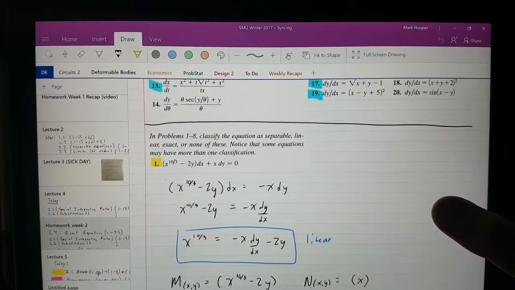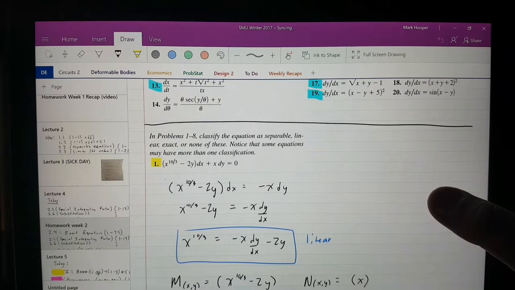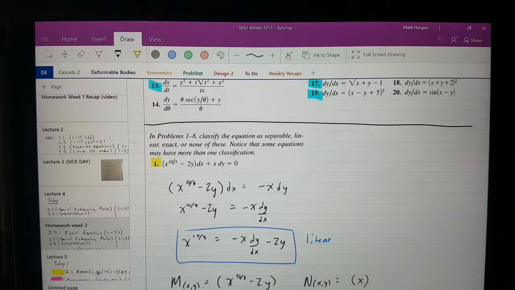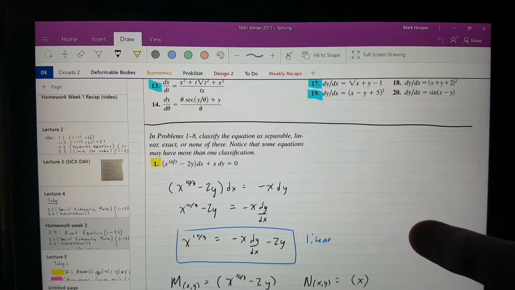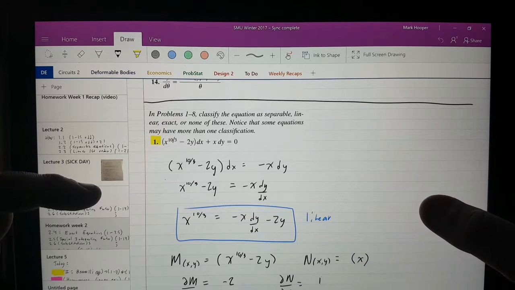Alright, so we have to find out if this is separable, linear, exact, or none of these. If it's separable, you'll be able to get dy/dx equals something that you can separate the 2 variables with. Basically, you want to have x by itself with dx and y by itself with dy, and then you can integrate the 2. That would be separable. This one's not, but it is linear,